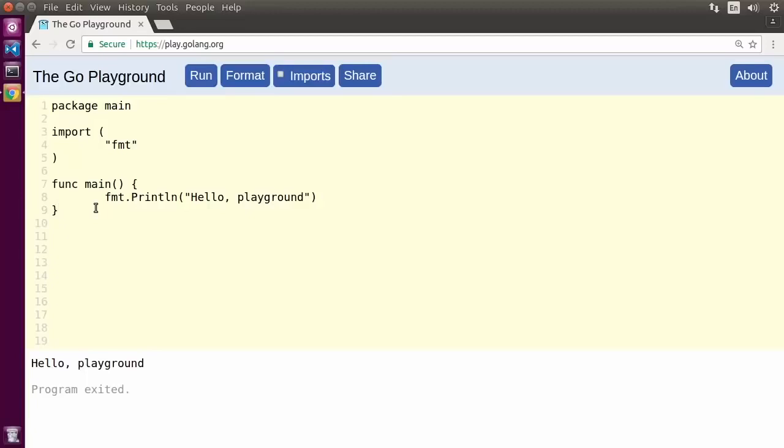Now, there are a lot of holy wars in a lot of languages about where these curly braces should go. So some languages put them here, some languages put them down here, some languages like to indent them. There's all sorts of different conventions about where to put these curly braces. Well, in the Go language, there aren't any arguments because this is the convention that is enforced by the compiler itself. So you have to put the opening curly brace on the same line as the func keyword,